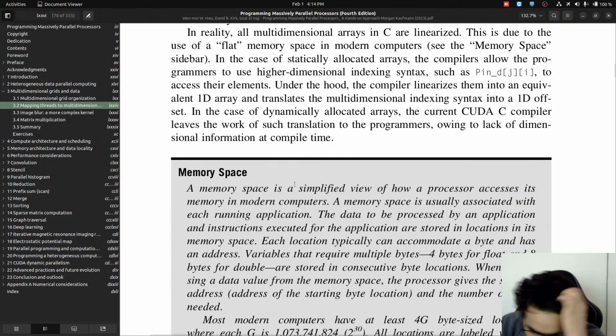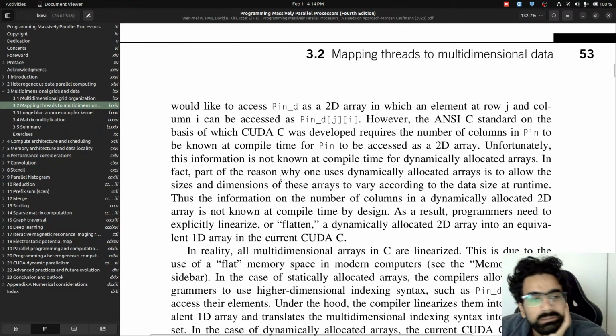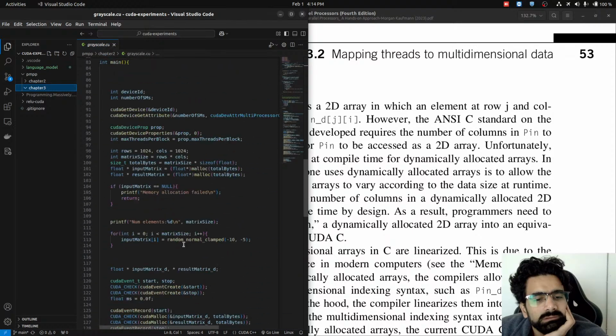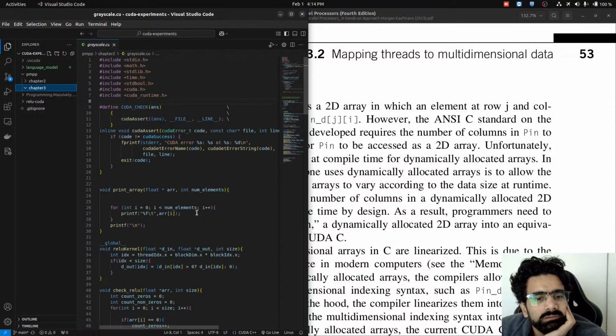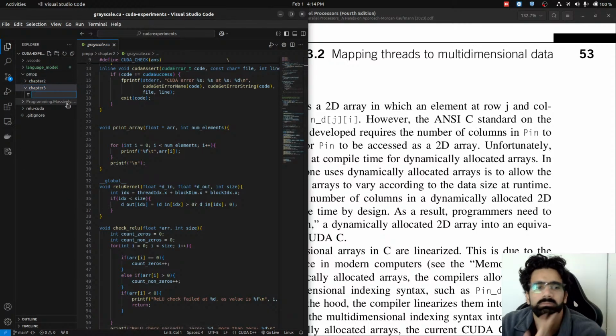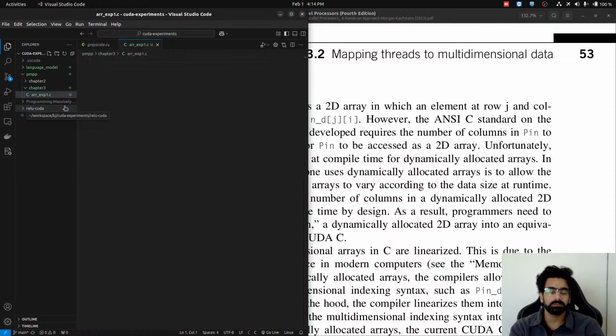One question: what they're pointing out is that any multidimensional array is like a single linear array in C. That's what I implemented in chapter 2 for grayscale. I just used a single array. One experiment I want to do is with arrays in C. Let's just say